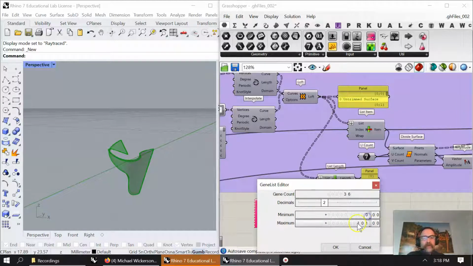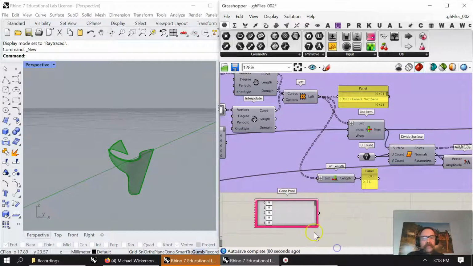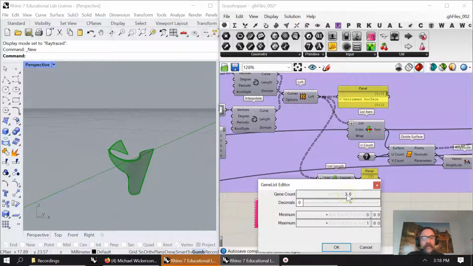We only need them to range from 0 to 1 because they'll either be on or off, I believe, and you don't need decimals. So now you've got, no, I got that wrong. We're going to need 36 max. Watch this, 36. And this is nice. And then the gene count can just be,